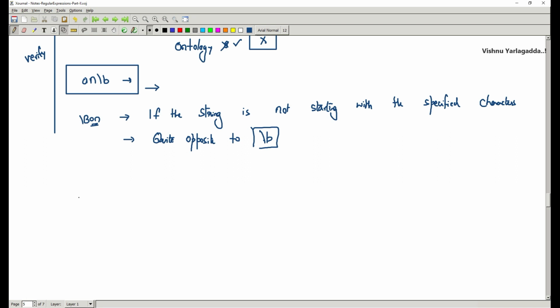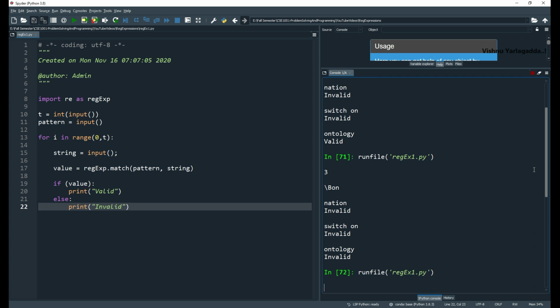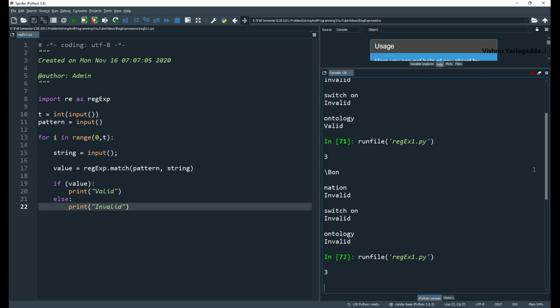Then similarly, we have another set of special characters like backslash d, which is valid if digits are available in a given string. You can see I'm giving 3 test cases.